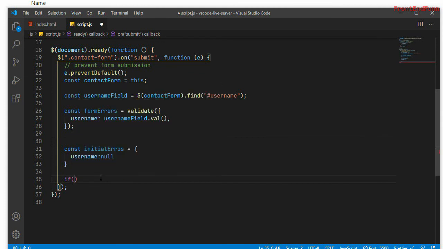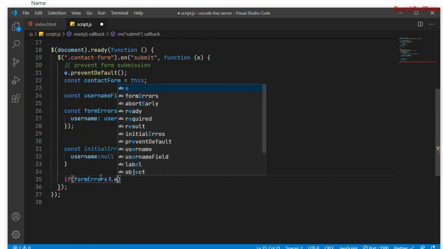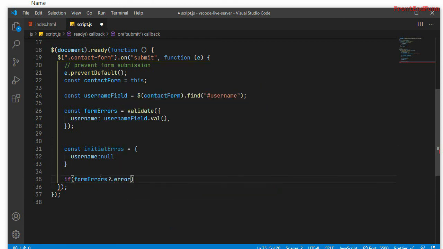Next, we need to check for the form errors. So if the form errors are having any error, form errors is basically an object. If the object contains an error key, then we need to destructure the details that are present in the form errors.